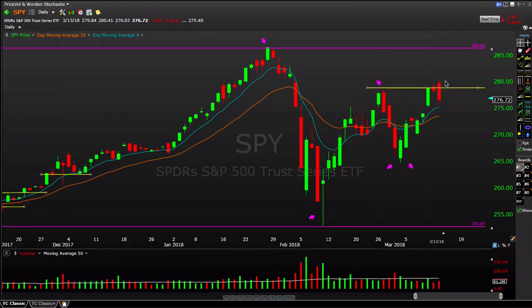So we got these two highs, and then we saw price try to break out, fail, and then come back below it. So this general yellow line here is the upper level momentum line in the sand that I would put in place for the bulls. If we are above this line, the S&P 500 is at a point of strength. It's got maximum momentum behind it and the wind at its back,